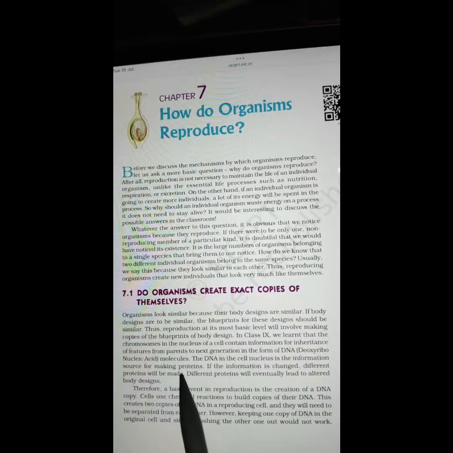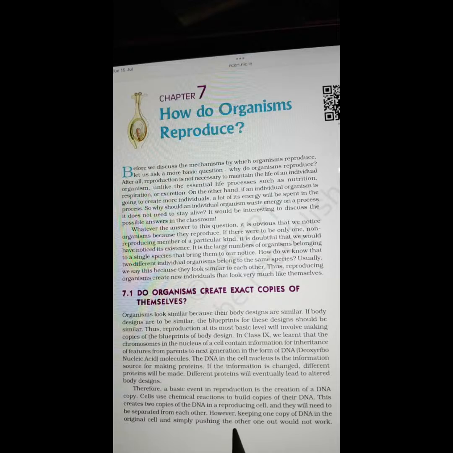deoxyribonucleic acid molecules. The DNA in the cell nucleus is the information source for making proteins. If the information is changed, different proteins will be made. Different proteins will eventually lead to altered body designs. Therefore, a basic event in reproduction is the creation of a DNA copy. Cells use chemical reactions to build copies of their DNA. This creates two copies of the DNA in a reproducing cell, and they will need to be separated from each